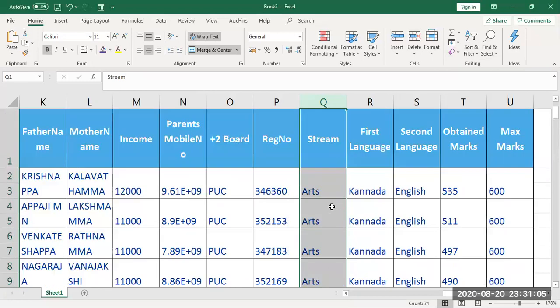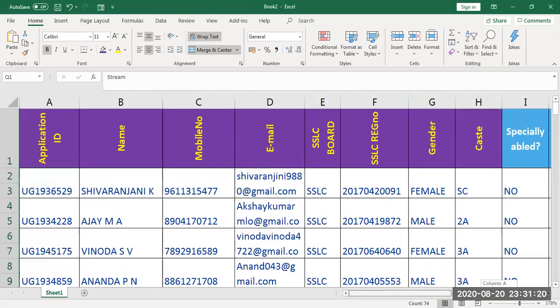Apart from that, some more criteria you want to sort in extra. Apart from one criteria, I want to arrange in arts only, I want to arrange based on language, second language, or marks, like that. Then you can go for an option called custom sort. To do this, first select the entire range of cells where and all you want to sort.